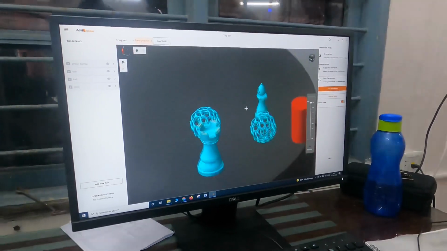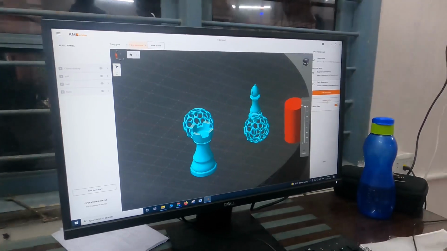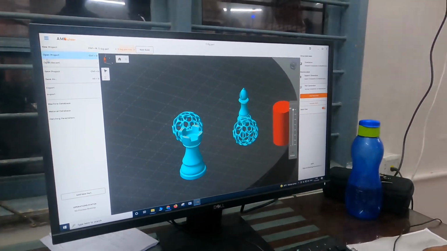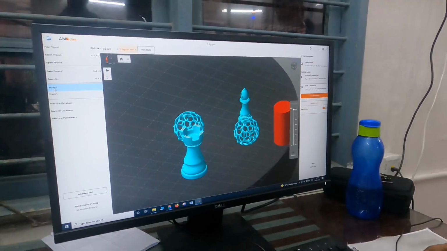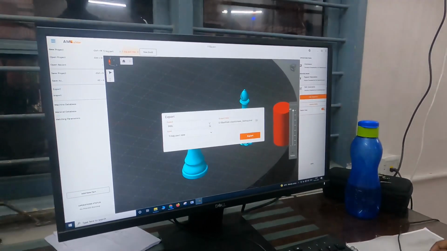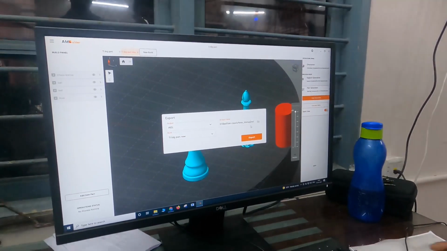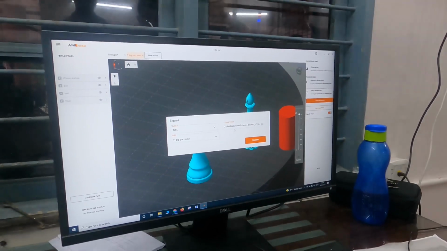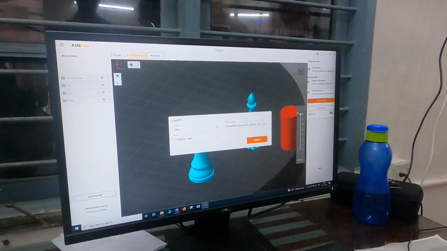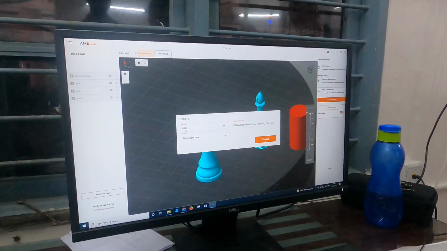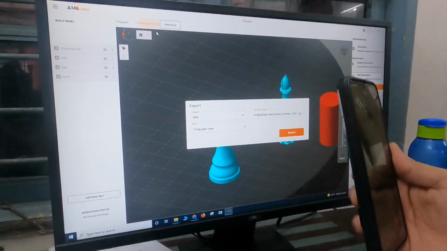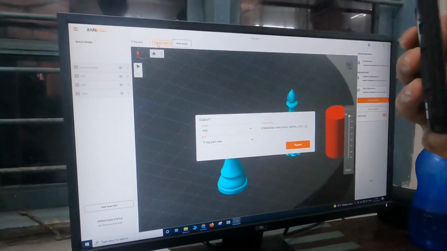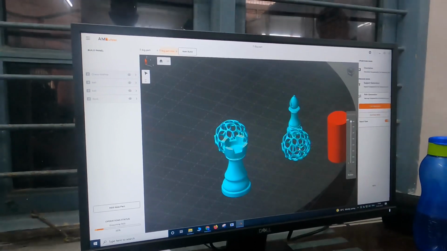So this is our model. After generating the path, we can export this as an INSL file. Support generation. I'm just showing this as an example here. We specify the folder, output INSL, and our build, which is basically the one that we have selected now. So when we click export,